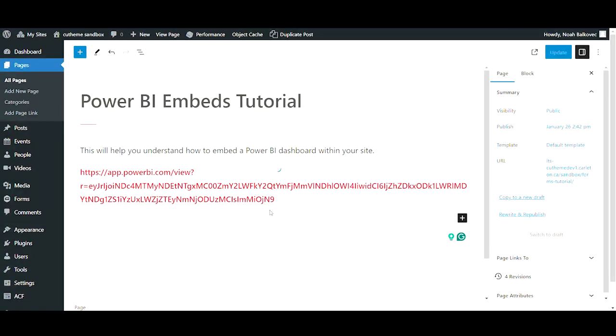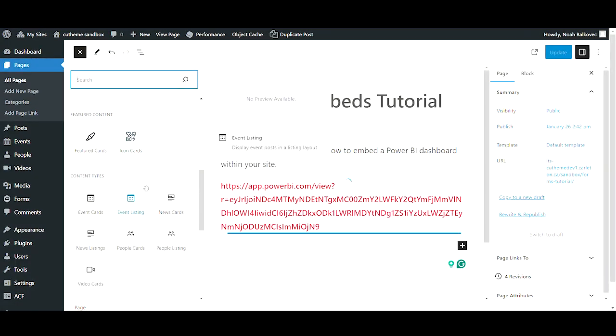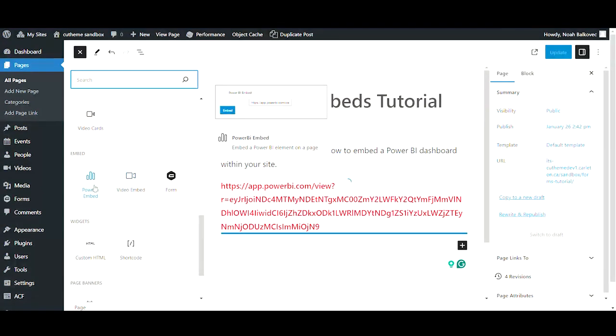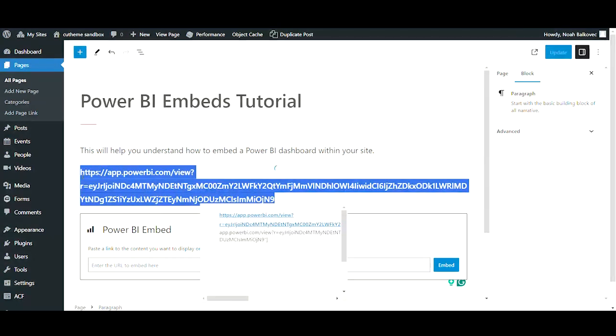To embed a Power BI dashboard, go to the Block Selection menu, scroll down to Embeds, and select Power BI Embed. Similar to video embeds, you will need to copy and paste a Power BI URL within the block. I have this link here, but you can get links to your dashboards by copying the URL directly from